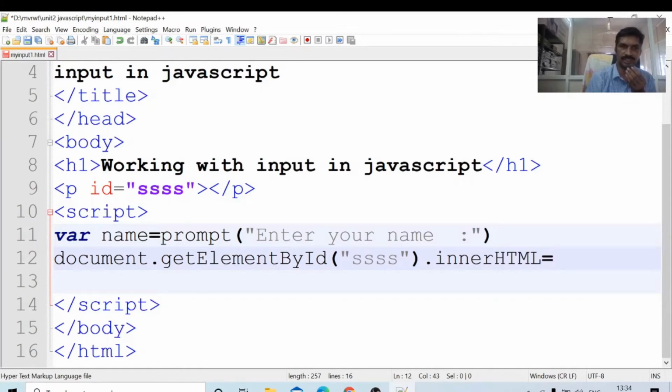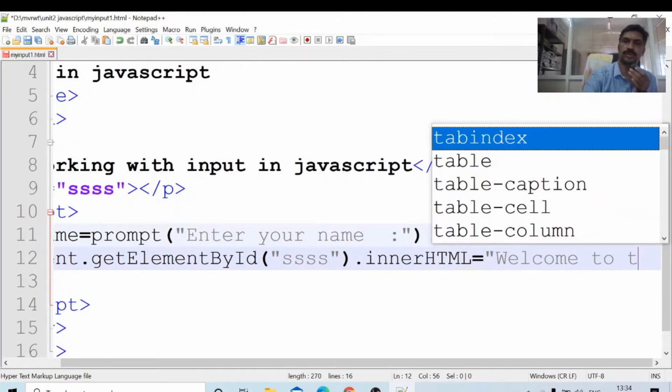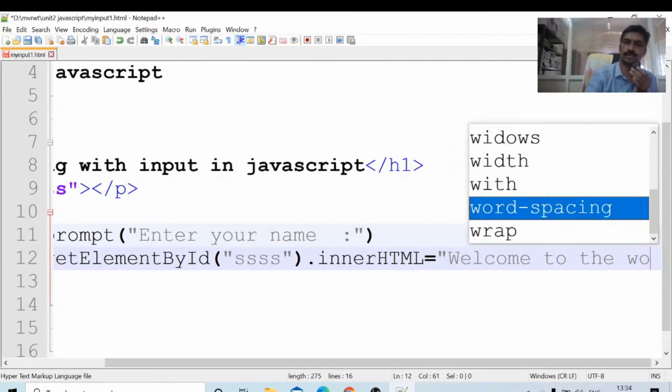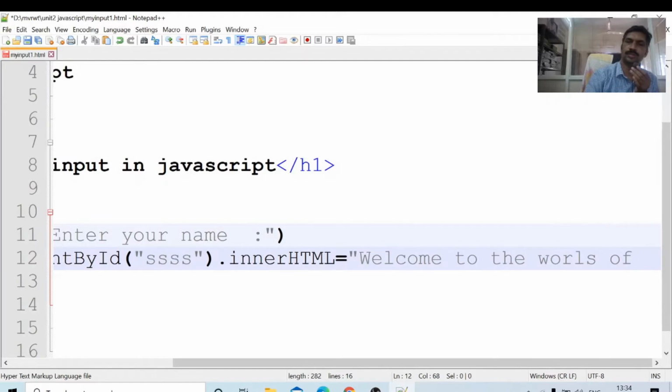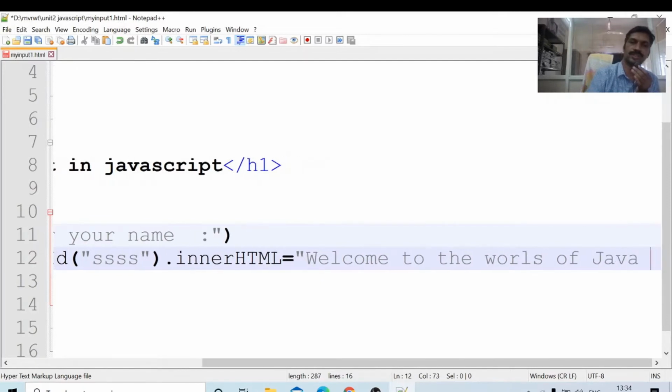This is the syntax: document dot getElementById dot innerHTML equal to, and I will write here some string: welcome to the world of JavaScript.